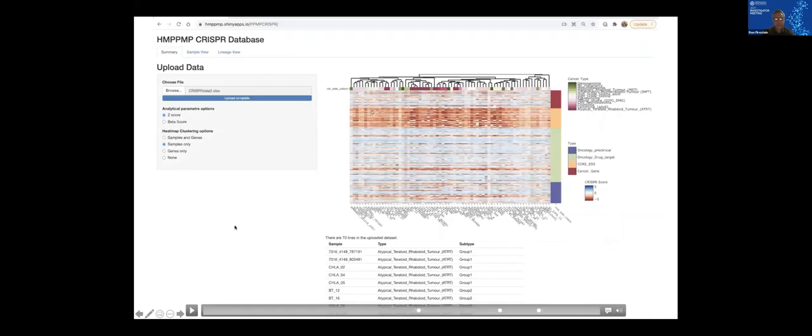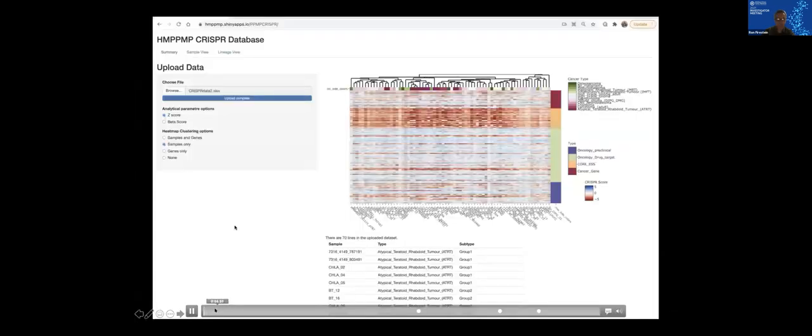So this is what the overall opening page of the portal looks like. You can see the number of cell lines that have been CRISPR screened, and you can see this heat map shows the different genetic dependencies across the lines. In orange are core essential genes, and this just shows that the screens are working. You would expect the core essential genes to hit across all lines, which they do. And then if we just go through this,